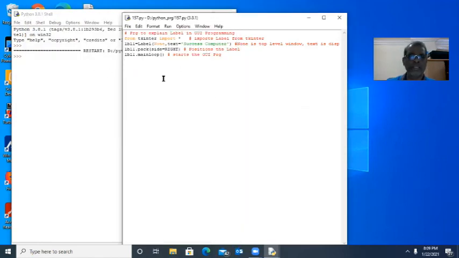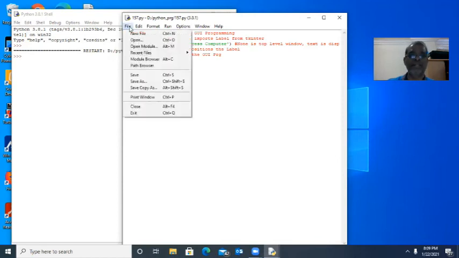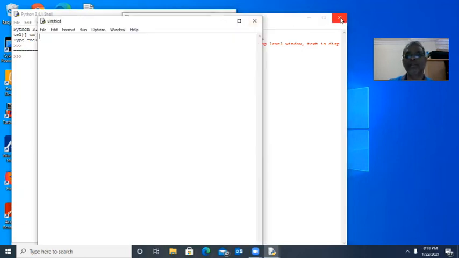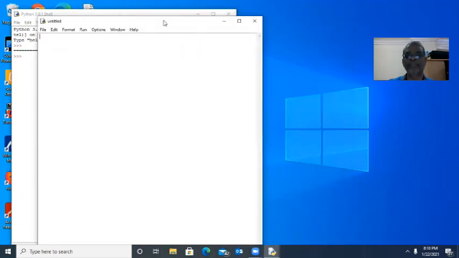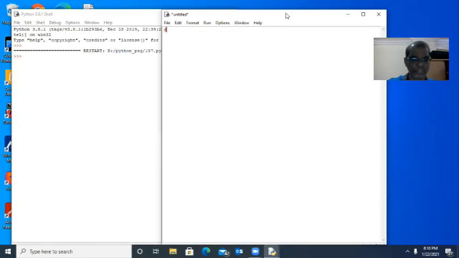Now we can do one more thing, that is how to place the command button. So I want to create one new thing. Better we can create a new program.